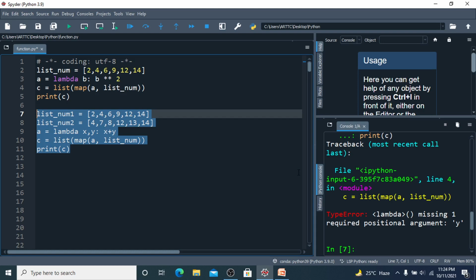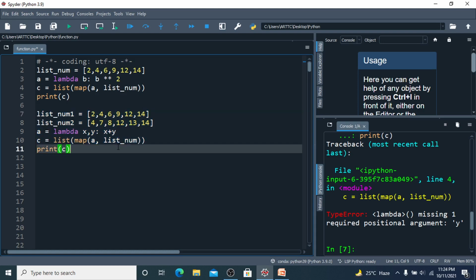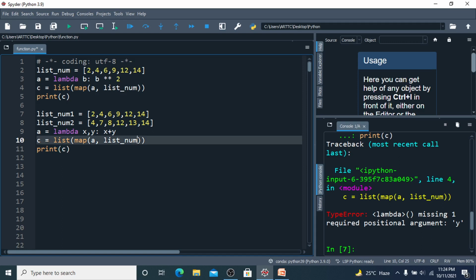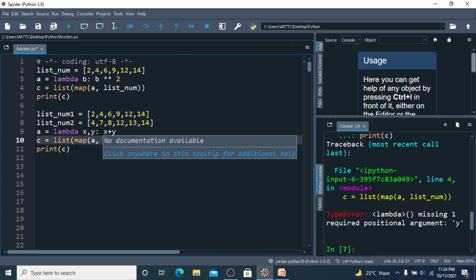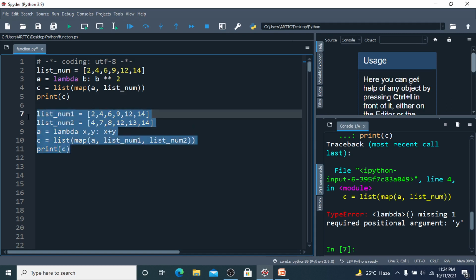Lambda, missing one required positional argument y. Let me check it here. Map a list_num... oh, because we have this one and then list_num2. We are now passing two iterators, list_num1 and list_num2. One is for x, another is for y. So now if I check it here,